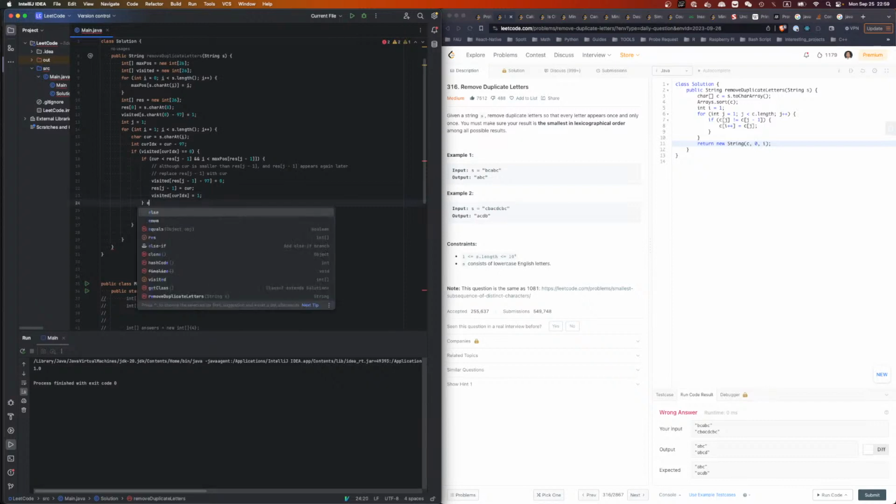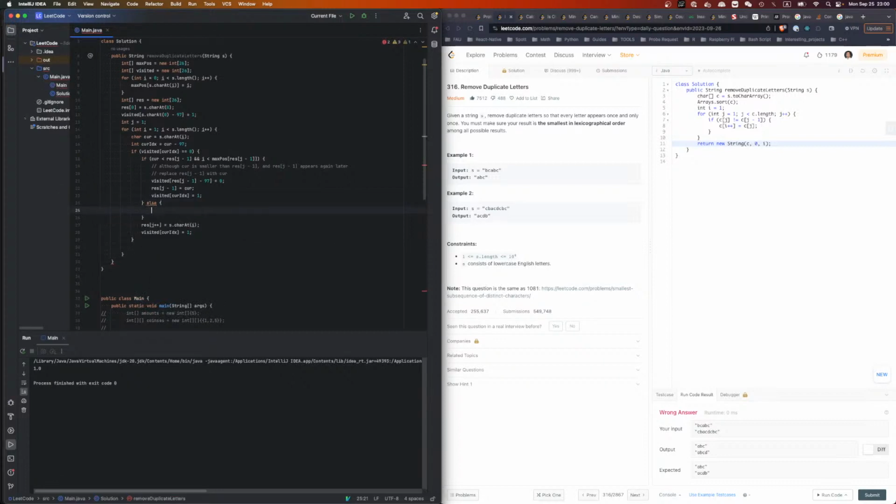Okay, else. So else is either current is larger than the previous, so we do that, or current is smaller but the previous one doesn't appear again, so i is larger than or equal to it. When that happens we will just add it to the current position. But in both cases, the current is not visited,